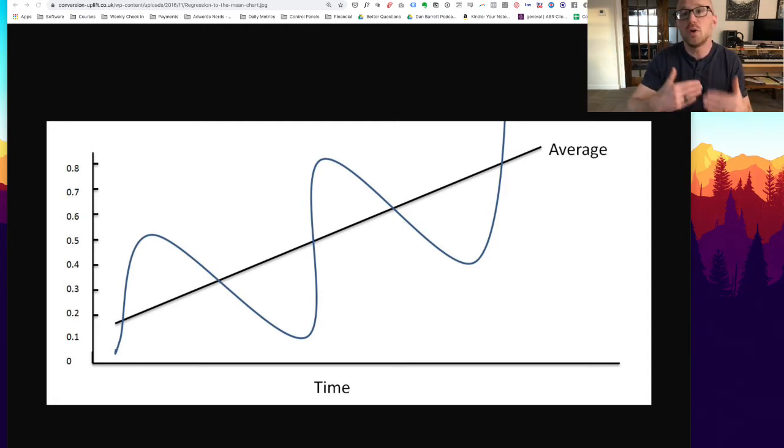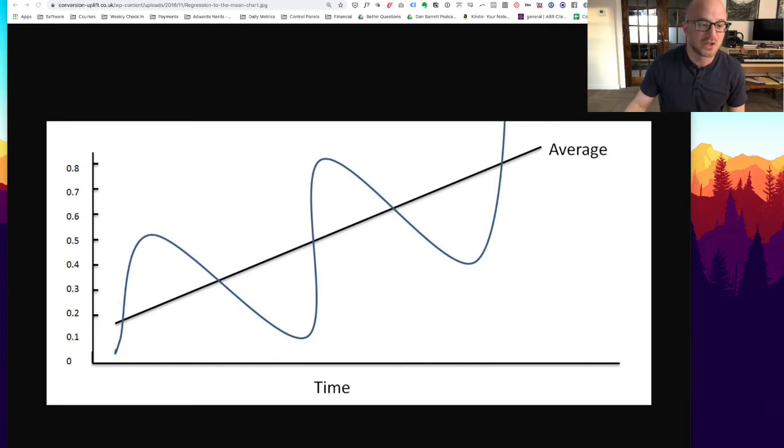Now, what do we predict for my next performance? A lot of people think he's going to do really well because he's super optimistic and feels super good about himself. Maybe others think he's going to do really poorly because he did too well. But generally, my performance is still probably pretty good, but it drifts closer to the average, the mean. This is regression to the mean. If you have a particularly outsized result, meaning particularly good or particularly bad, the next time you measure it, statistically, you are most likely to get closer to the average. So that's regression to the mean. You can kind of see it here in this chart.